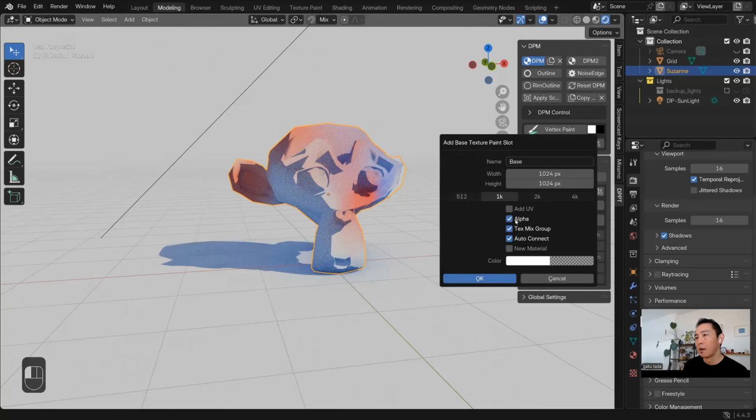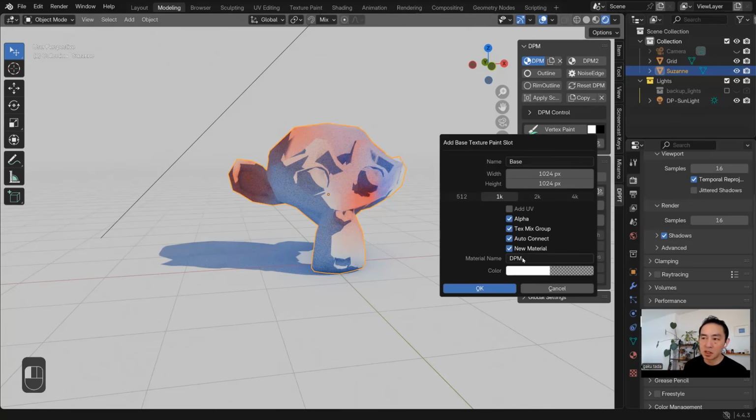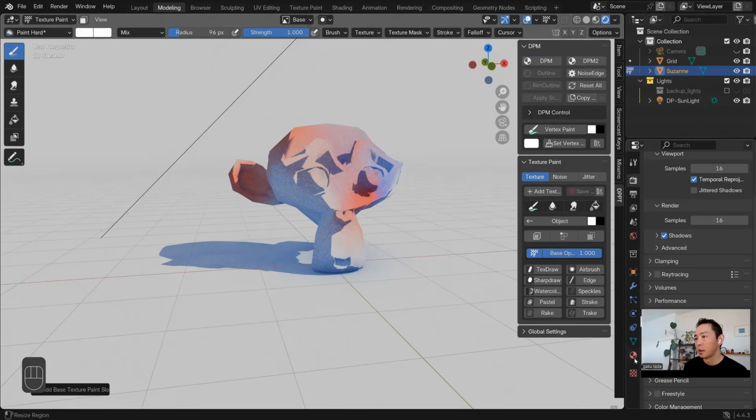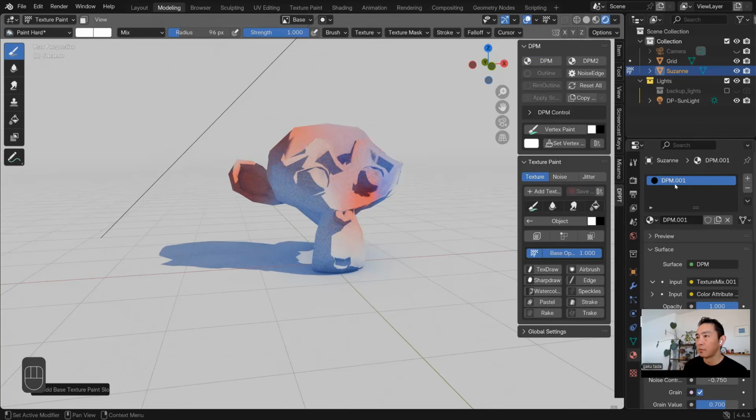But then you should have this alpha and text mix group and auto connect turned on, and then check this one so that you don't overwrite the DPM, and you can change the name. But if I just hit OK, this one's going to create the new DPM 001, right?